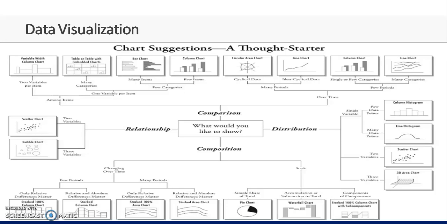For example, if I would like to determine the relationship among 2 variables, I can efficiently use a scatter plot and a bubble chart. Scatter plot is meant for 2 variable comparison, and bubble chart is meant for 3 variable comparison. Like this, there are various different charts which fall under these 4 categories. So you have to identify the need for using the chart which belongs to the specified category that you use.